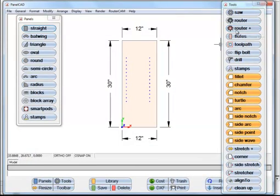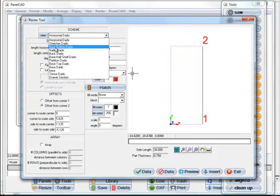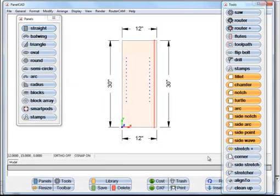We'll take, let's see, the router tool. We'll add a dado to the back of the cabinet. We have one just back dado, and we're going to preview that and add that to the back of the cabinet. Now let's say we either add dados or screws or whatever type construction joint you want here, but